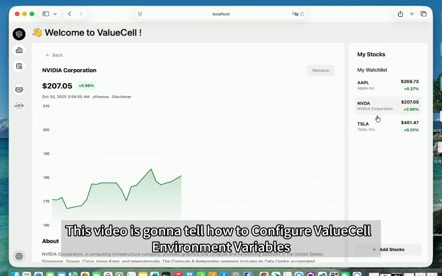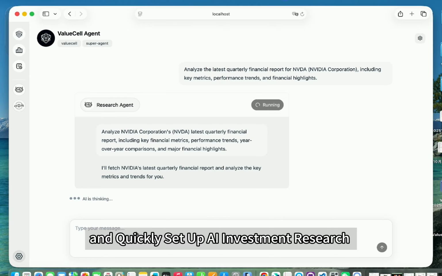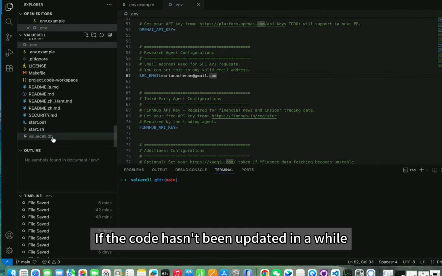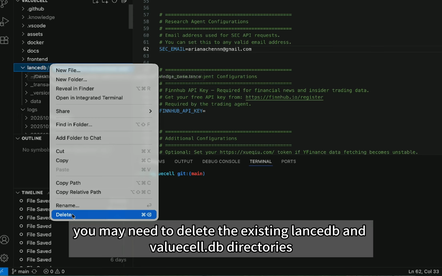This video is going to tell how to configure ValueCell environment variables and quickly set up AI investment research. First, use git pull to fetch the latest code and then open it in VS Code. If the code hasn't been updated in a while, you may need to delete the existing LanceDB and valuecell-DB